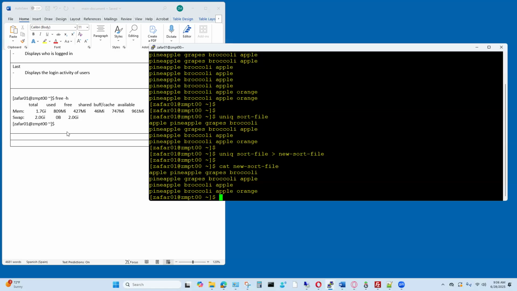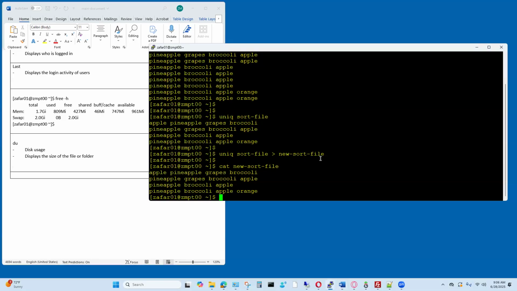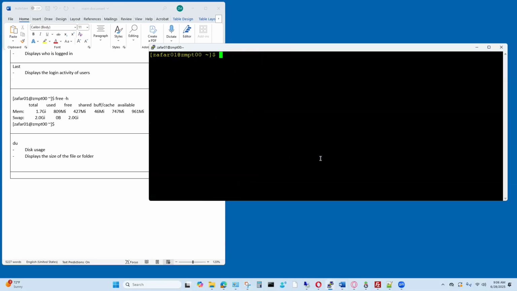So the next command is the du command. The du command is a disk usage command. It will tell you the size of the file here. In Linux, if you're working for a while, it's a fact of life that the space on your phone, the space on your computer, gets filled up, right? So you need to find out which file is taking the big space. For that, you could run this command